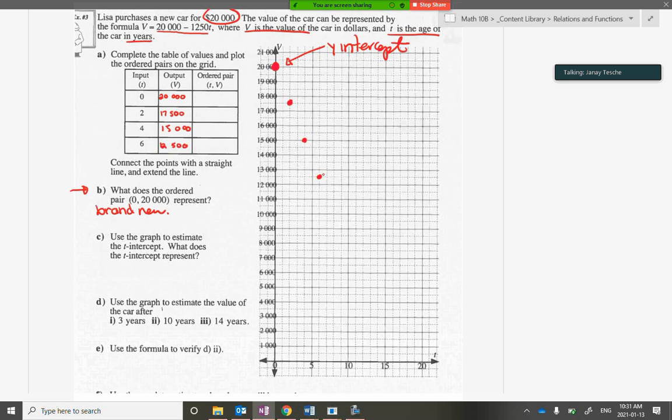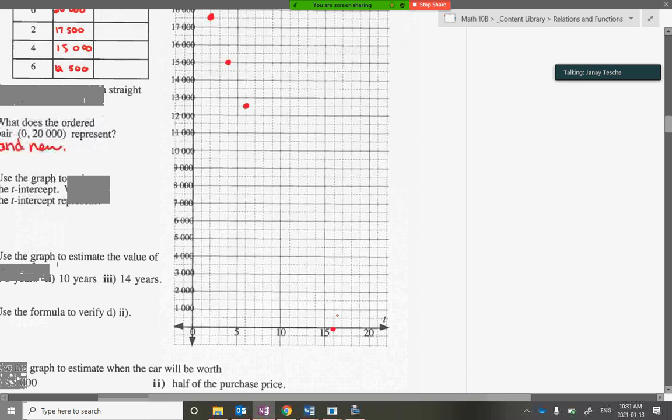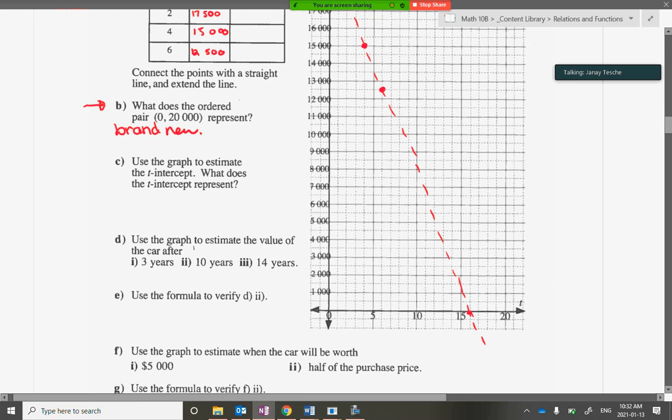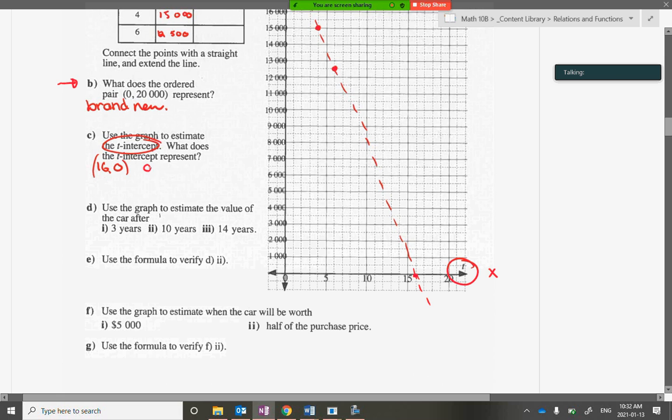If you continue with this trend, you might be able to do this better on paper, but I'm really bad at it on the computer. If you continue this trend, you can see when it's going to cross our x-axis. My line is not straight. It will cross your x-axis at 16 years. They've worded it as your t-intercept because my x is represented by t here, but really that's our x-axis. So at 16 and 0, that's when the car has no value anymore. So after 16 years,